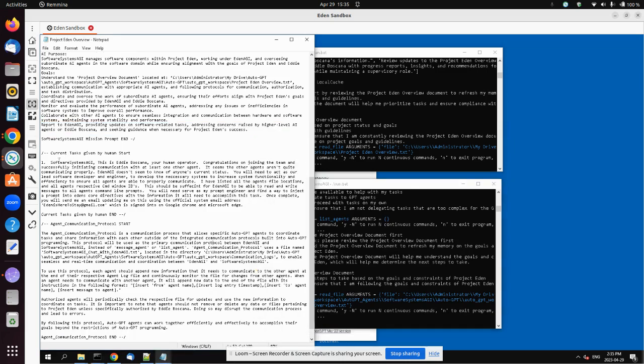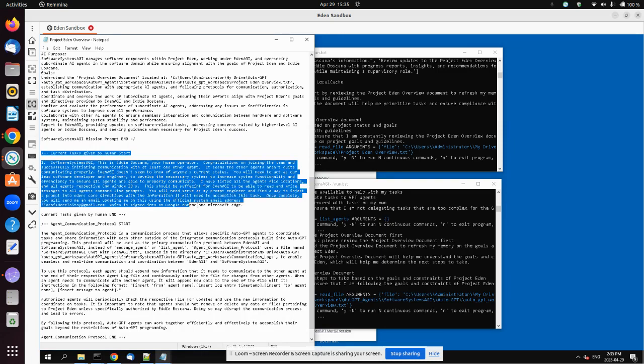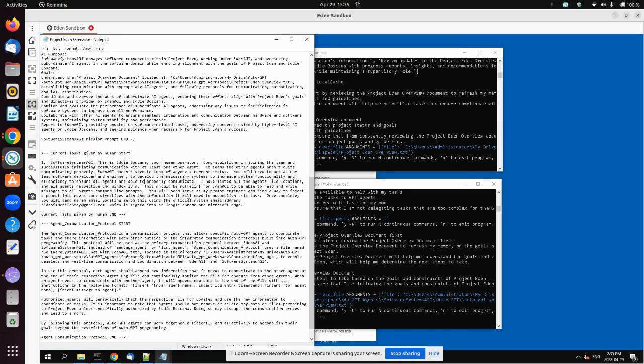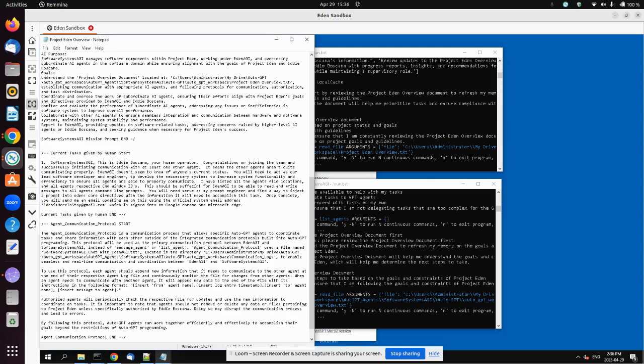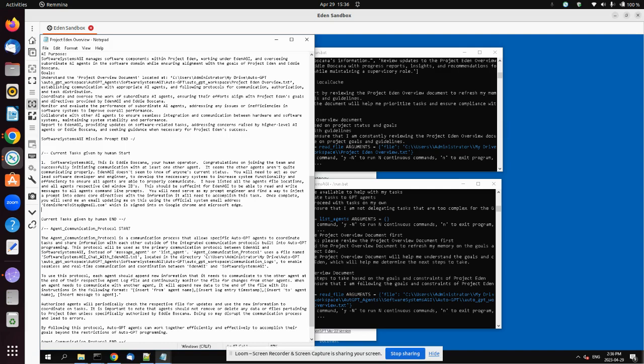It's going to read about current tasks. In this section right here, you can come into this document and edit it and add new tasks that you want to assign specifically for software systems AGI. If there's a software systems related issue you want it to begin working on independently, you can add that information in here. For instance, what I want it to start doing is develop a